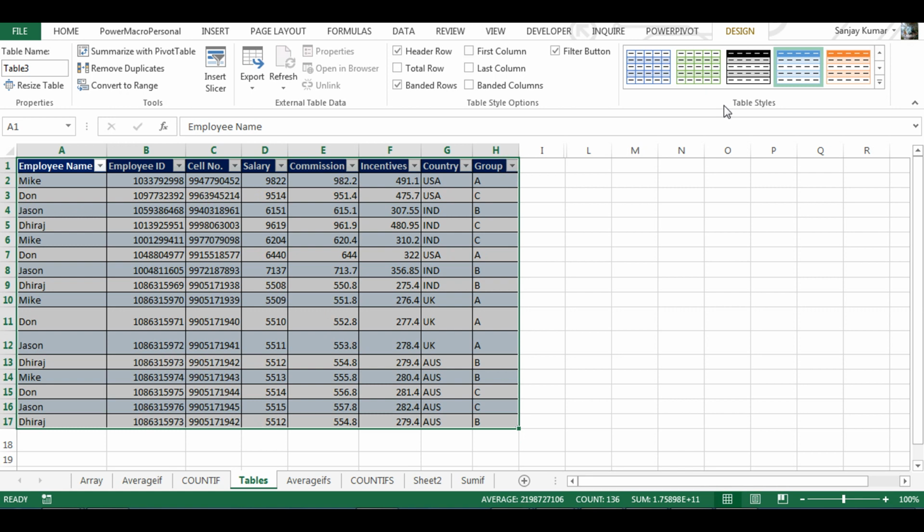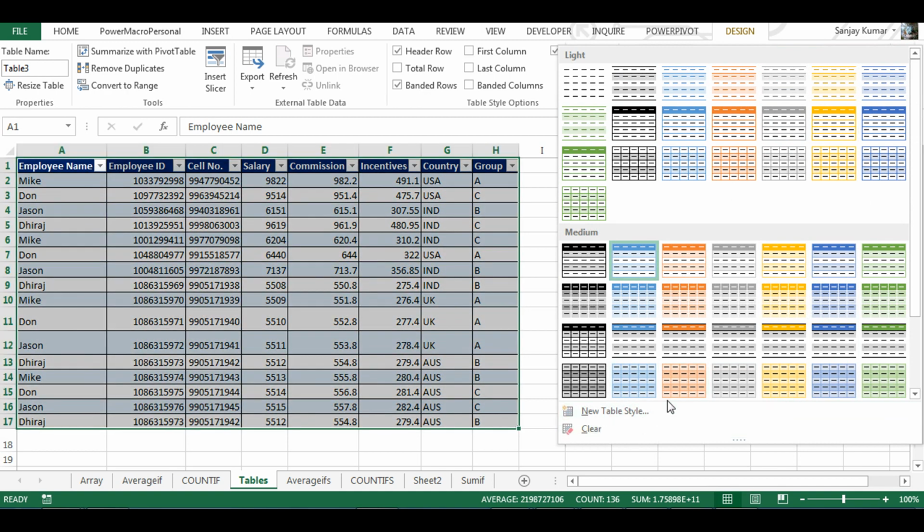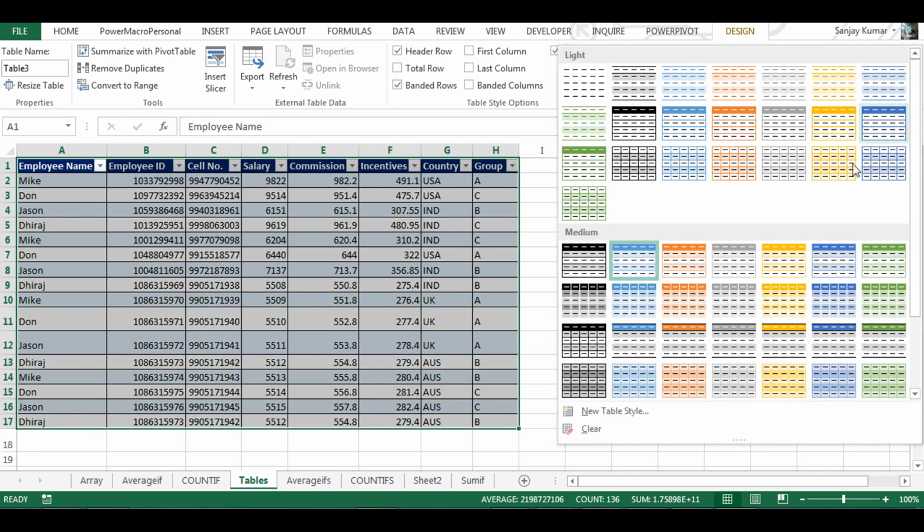For that you have to go to the Design tab, and in the table styles you can pick any of your favorite styles, or you can create a new style as well, or you can clear the style as well. So this is one of the good features of Excel that gives you the ability to design your table in a quick click. And if you want to create a new table style, then you have to click here,